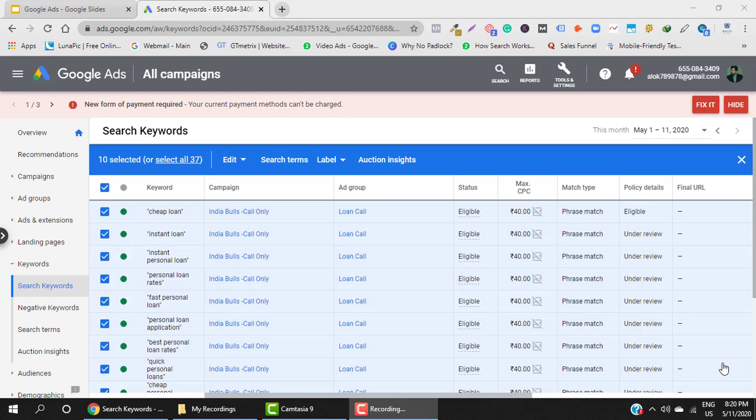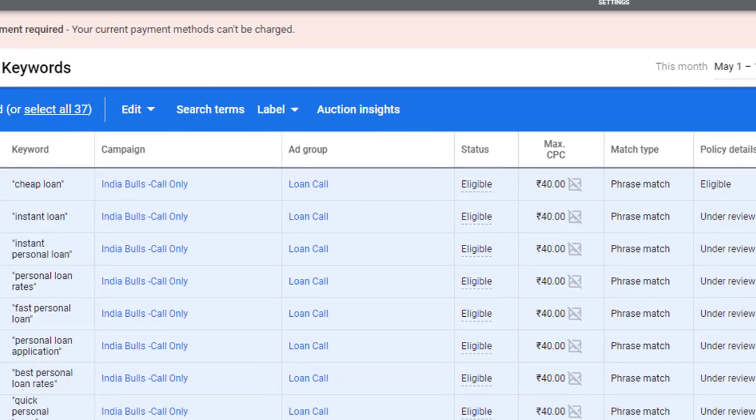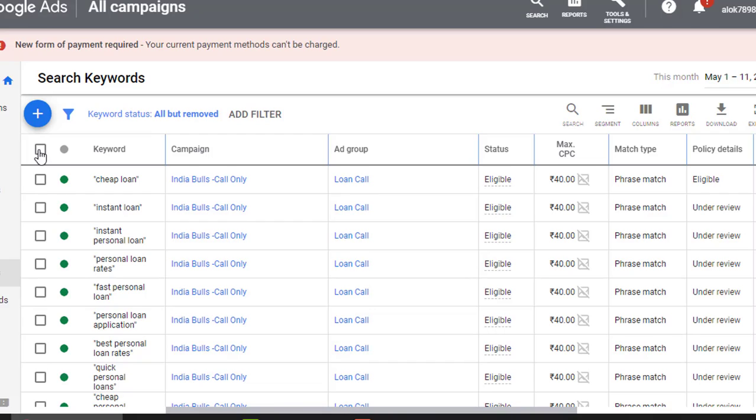As you can see, all the keywords have a default bid of 40 rupees which they have acquired from the ad group. However, let's suppose that there are some keywords which are highly performing and giving a lot of conversions. So I can choose those keywords.